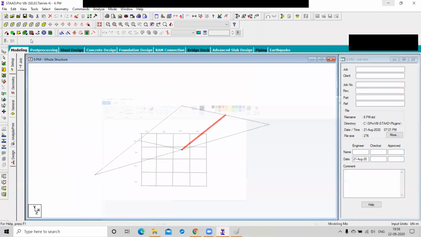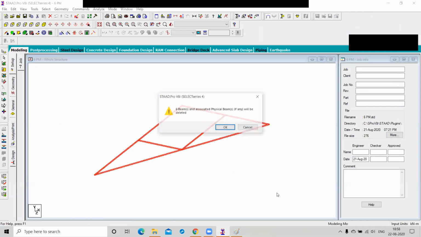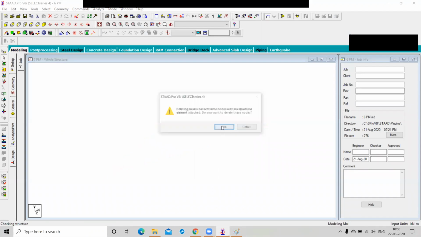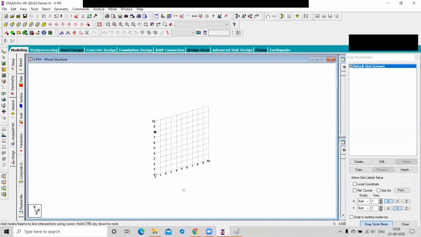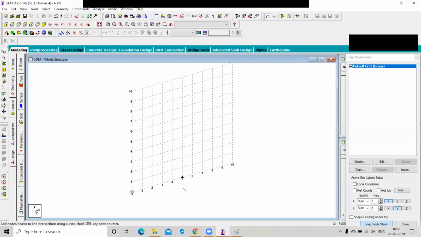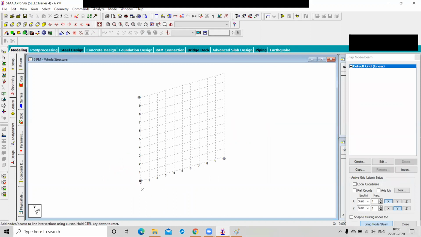Now we have to change the screen here. We have to change the grid, right? So here you are not able to see your grid. So now the grid has appeared to you. For the snap grid method, what distance can we take in the x direction?